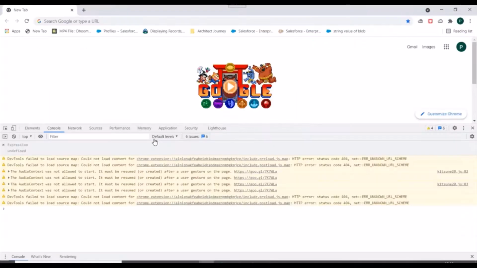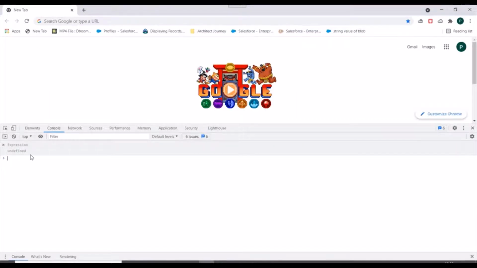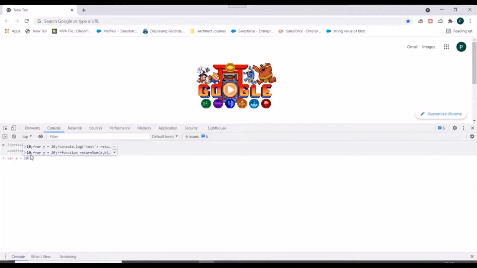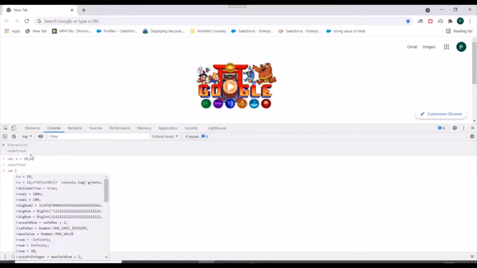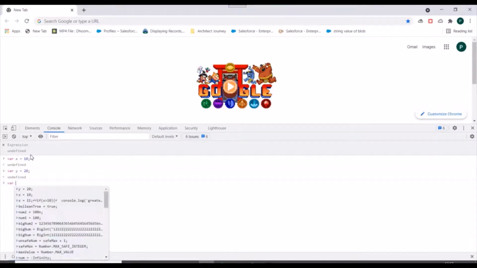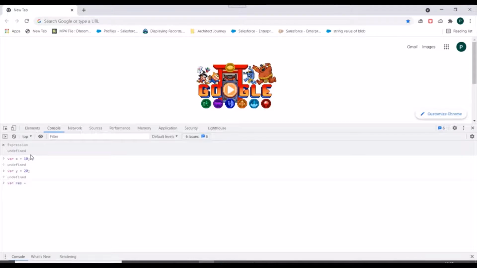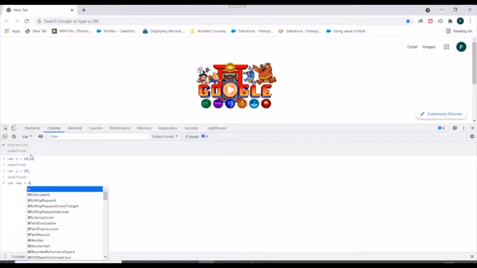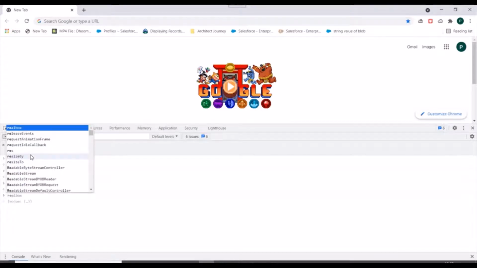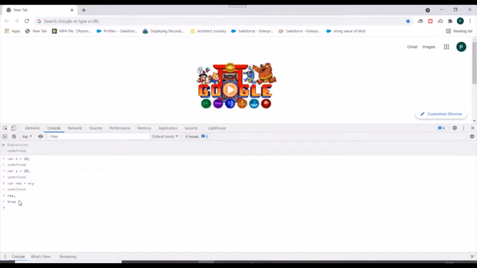So let's check Boolean. Let's say we have two variables where x equals to 10 and y equals to 20, and we have a result which is calculated based on this operation: x is less than y or not. Now if I click on enter and try to check the value of result, I can see the value as true. So result is a Boolean variable, right?